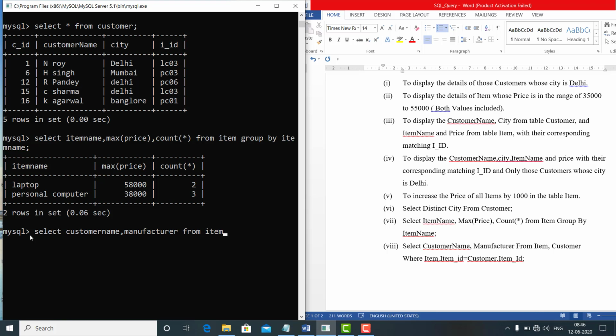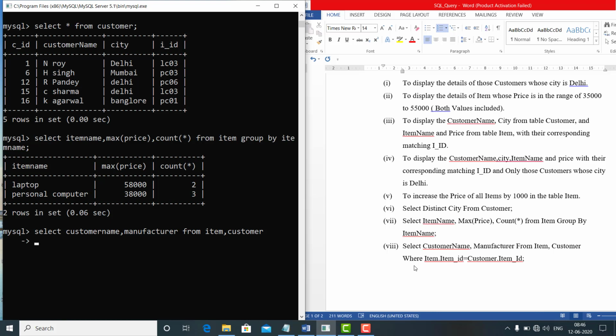From the item table, comma, customer. From both tables we are accessing records, so this query is a type of join. Clear? And there is one mandatory operation we have to use, the corresponding matching. Clear? We will perform the corresponding matching on the ID.